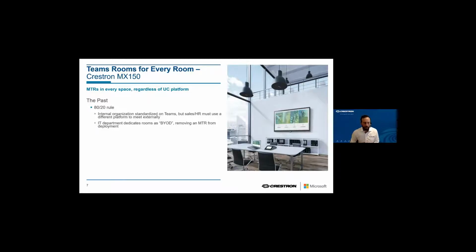But there is always going to be what we call the 80-20 rule. There is always going to be a proportion, maybe 20% of the business, which either can't quite get to being native Teams just yet, or will never be native Teams because they have to do external meetings, or they are using other platforms, or they have guests within their environment.